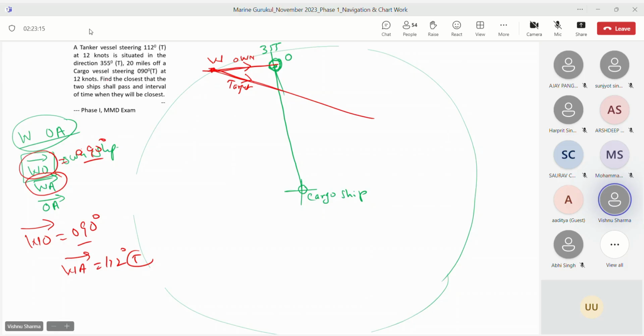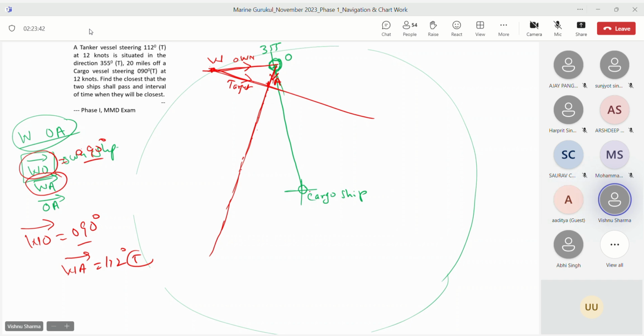And target is steering, doing 12 knots. So from here, I'll cut off 12 miles and I'll get A. Yes or no, beta? Yes. And now I join OA, and this is the relative line of approach. Do you agree with me? Yes, sir. So on the radar screen in relative plot, the tanker will appear to be moving along this,